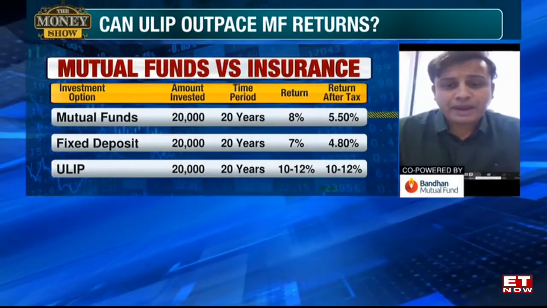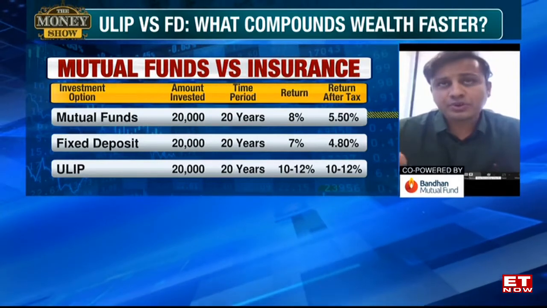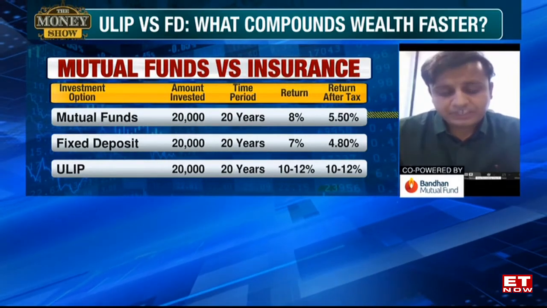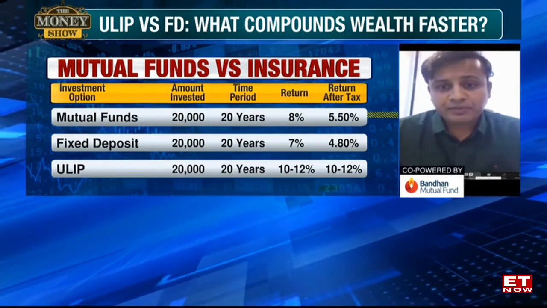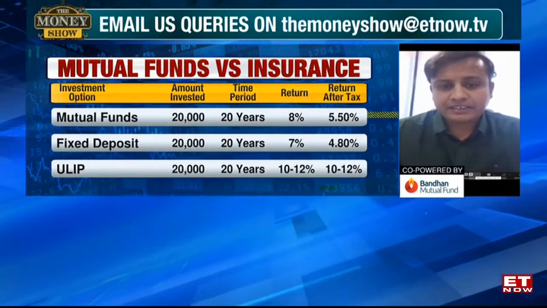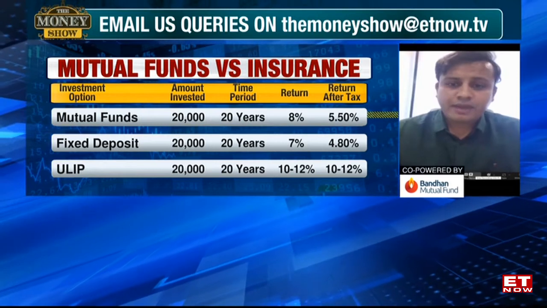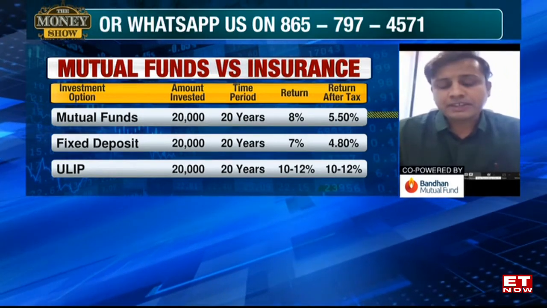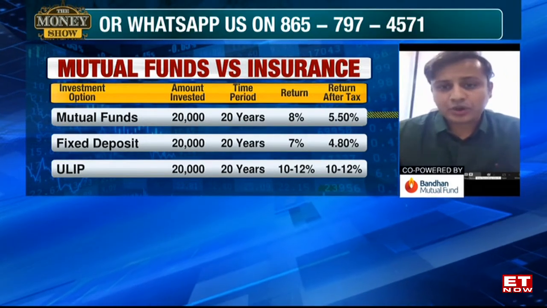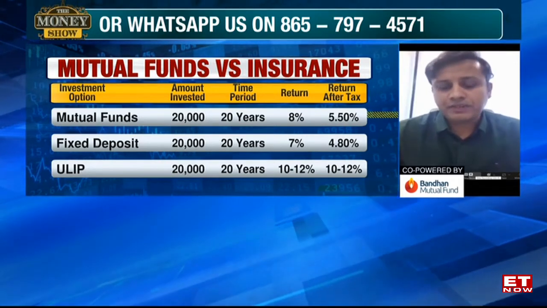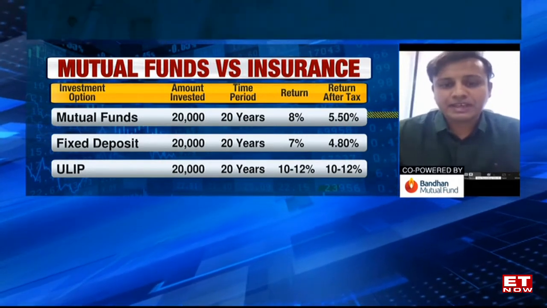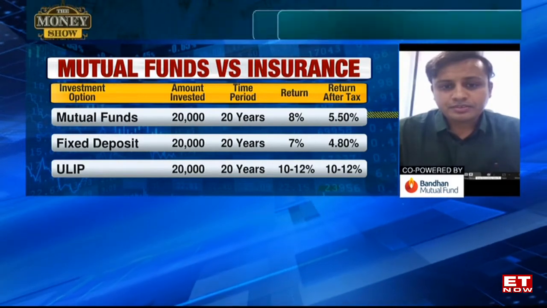Debt mutual funds might take slightly more risk, and ULIP funds only invest in AAA rated corporate securities and state government and central government debt. Mutual funds might take a bit more risk and, to give higher returns, might invest in slightly AA rated securities as well. That's the only difference. The underlying assets mostly remain the same. So that is why returns would also be similar. That's what I've been trying to highlight.